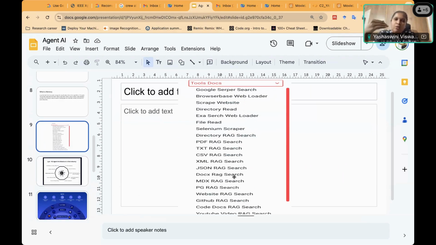When we have to ground a large language model, that is when we have to give context to it and tell it, you need to take the information from this and give the answers from this particular set of documents. We say grounding, and we call that retrieval augmented generation. So you have that as tools in Crew AI.